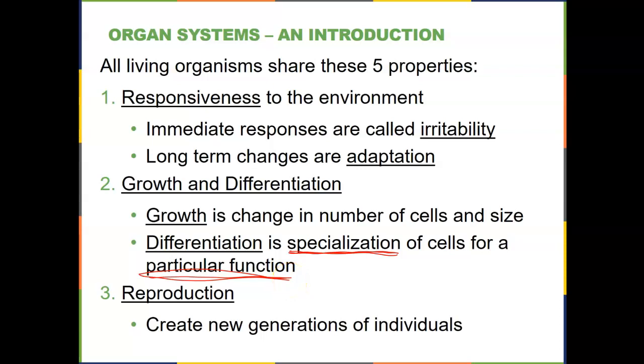Reproduction, creating new generations of individuals, but I would like to add another point to that. Reproduction can also be for growth and repair. This is when you have cell reproduction. Now, cellular reproduction, what do we call that? Mitosis. Yay! We'll be reviewing that soon enough in another chapter. But creating new generations of individuals and mitosis, growth and repair of cellular tissues,